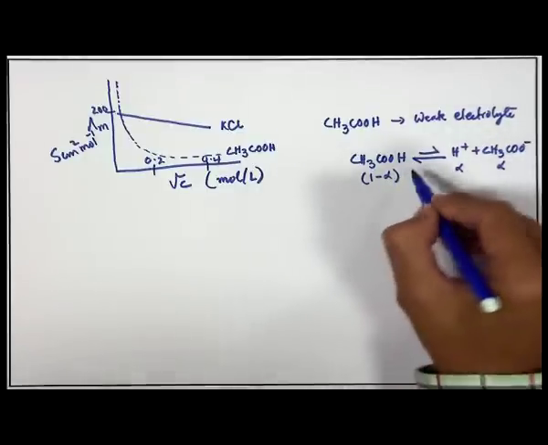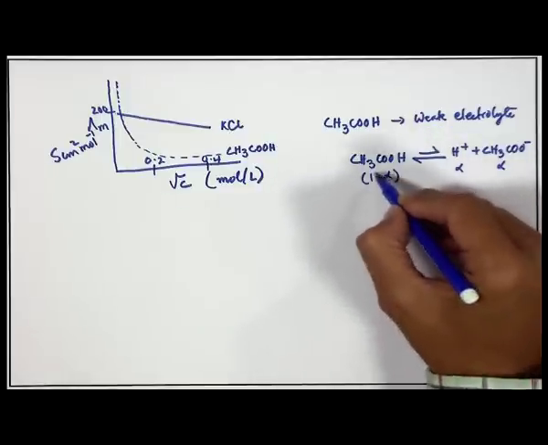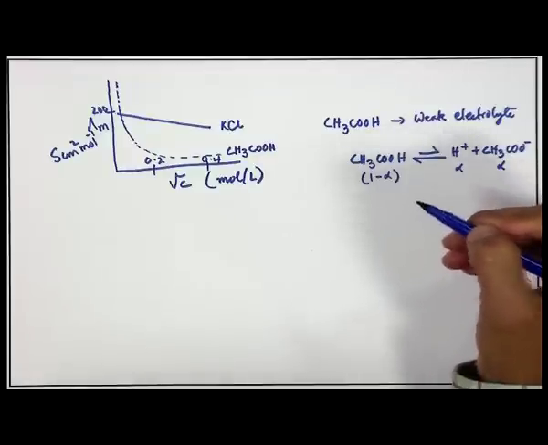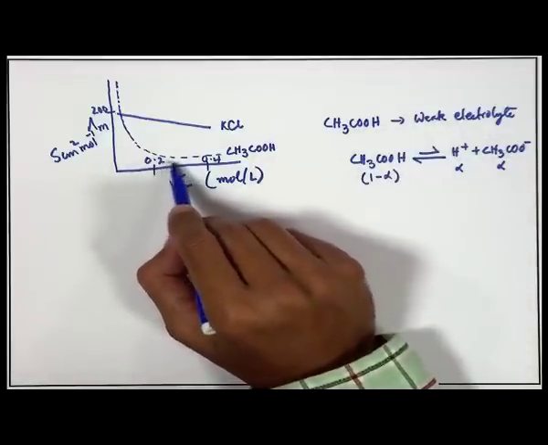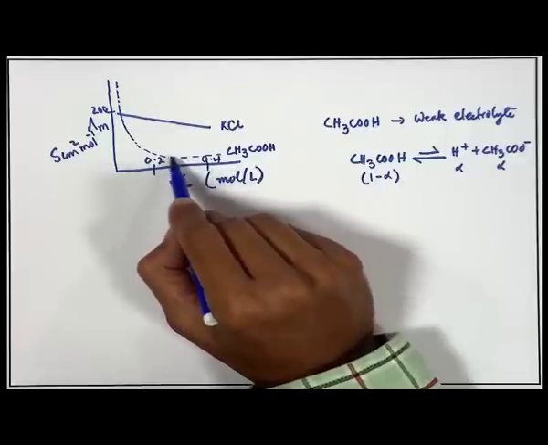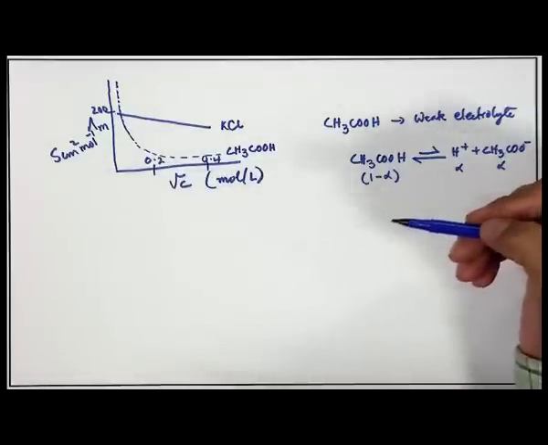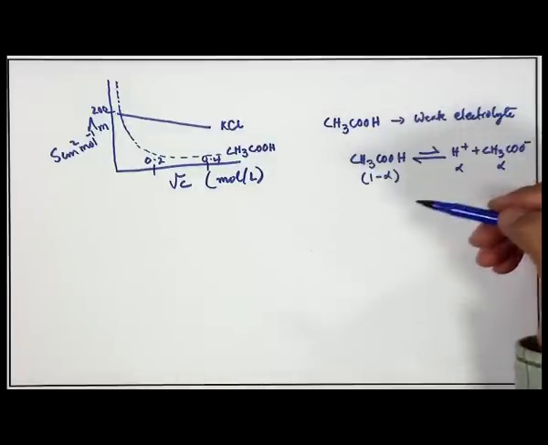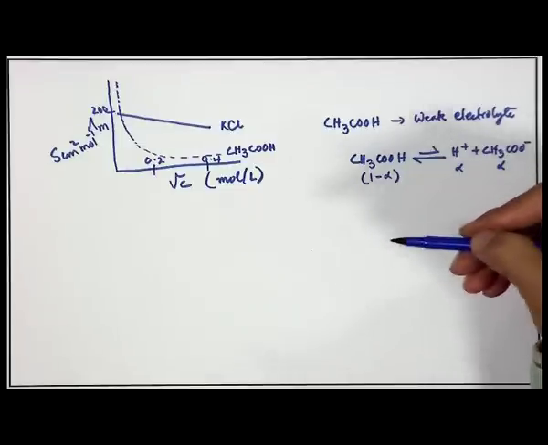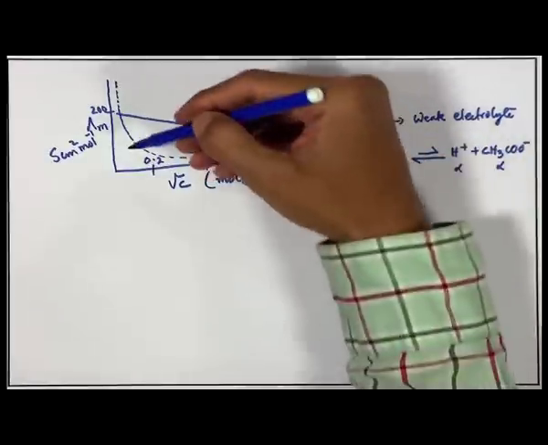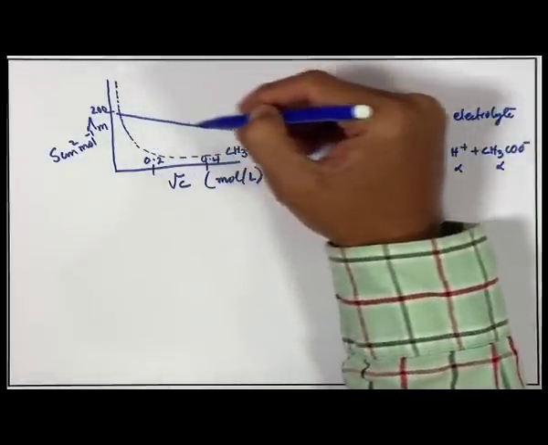So, therefore, since the degree of dissociation is very small in the moderate concentration range, the number of charge carriers is less in this region. The moment you increase the dilution, that means if you add more water, the degree of dissociation, the amount of dissociation, increases, and therefore what happens, whatever factors were there, like